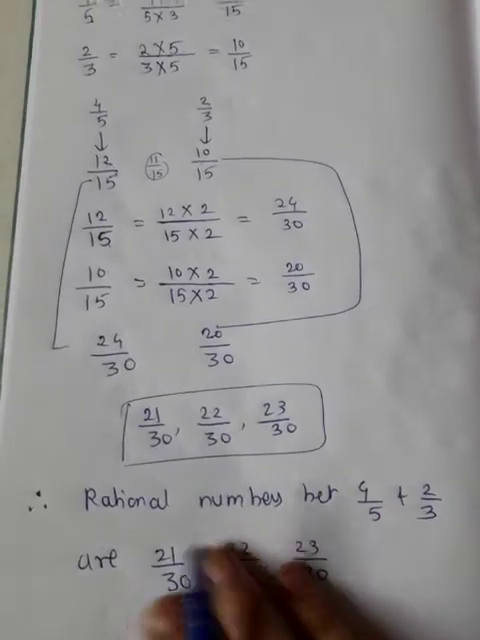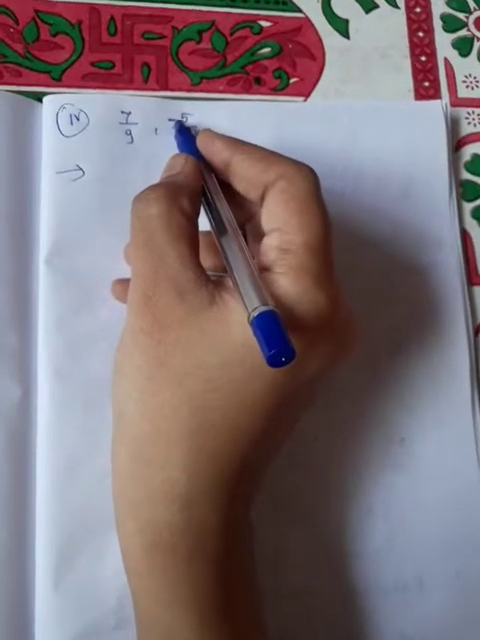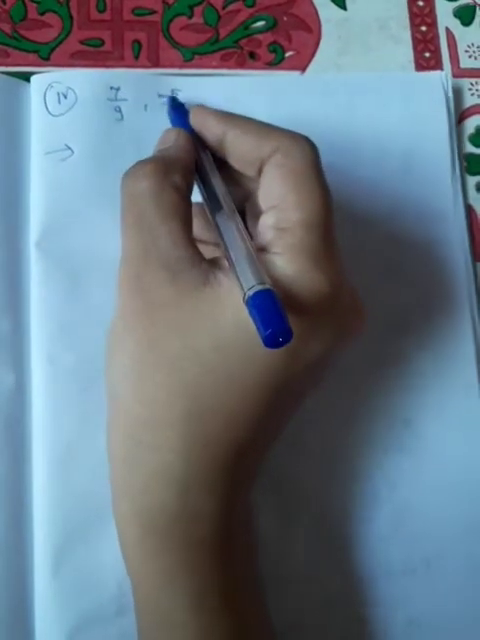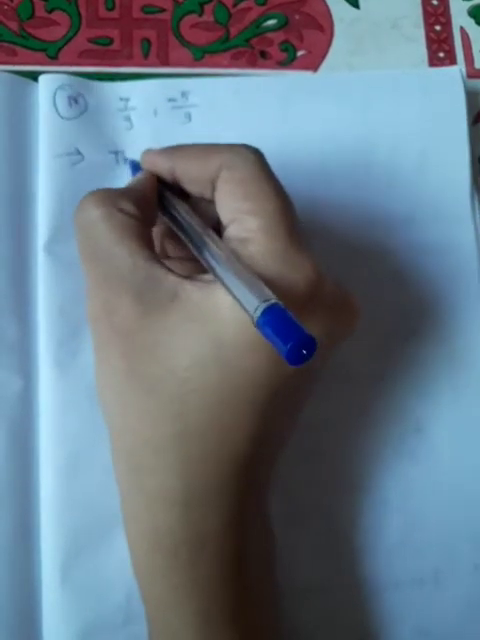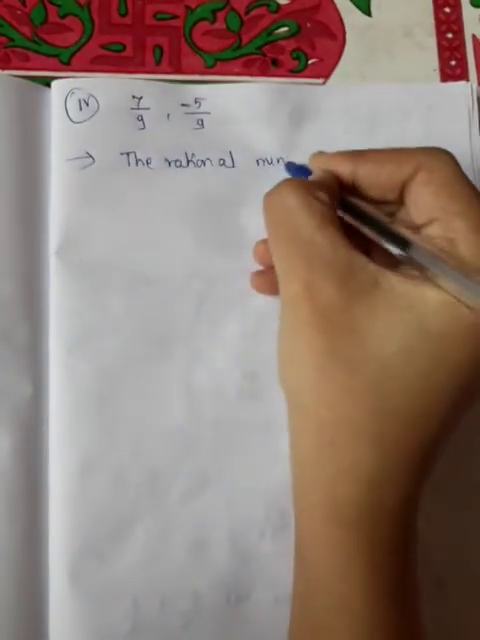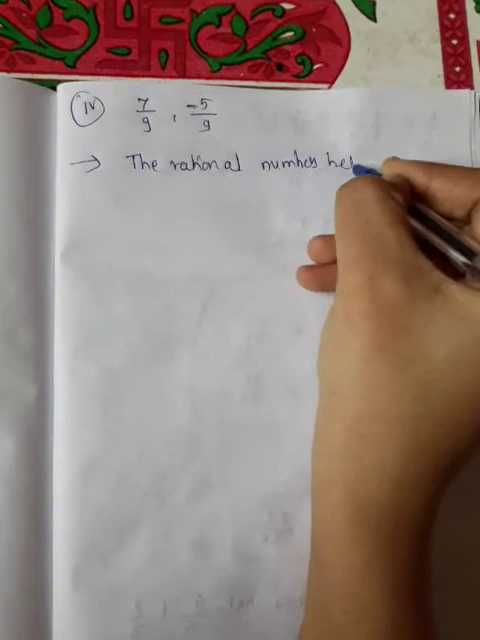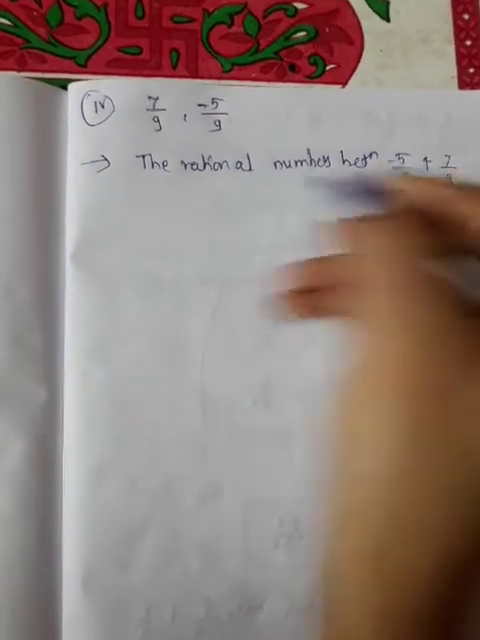Okay, now see next example. Now next is 7 by 9 and minus 5 by 9. Here denominators are already the same, so you can find directly. How many numbers lie between minus 5 and 7? Numbers between minus 5 and 7 are minus 4, minus 3 and so on. So the rational numbers between minus 5 by 9 and 7 by 9 are